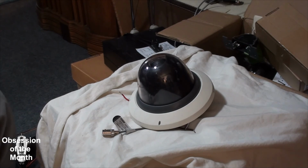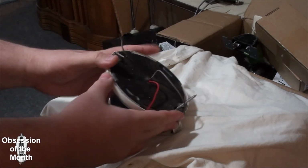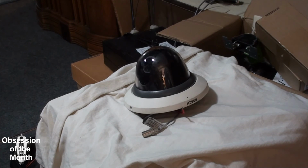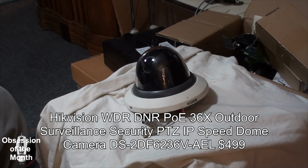I was looking to purchase a pan tilt zoom networked video surveillance camera. I was looking for something about the size of what you see here, except it would have probably had a dome on top. I did some searching on YouTube and found one in the price range that I was looking for,